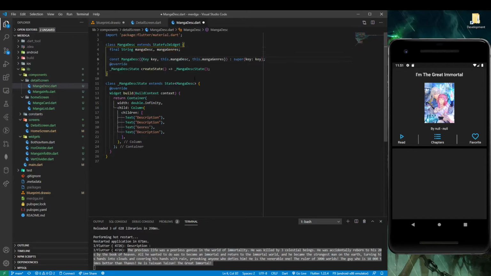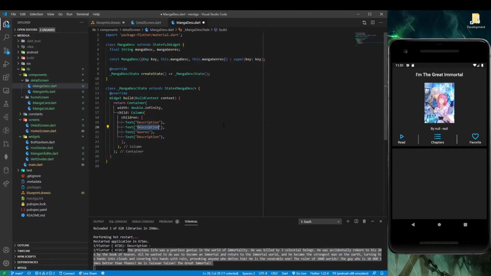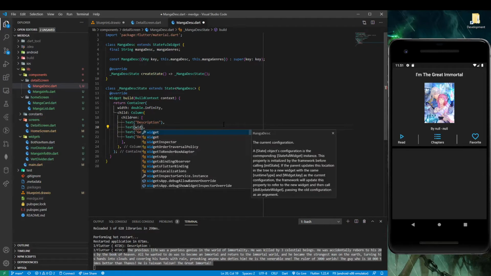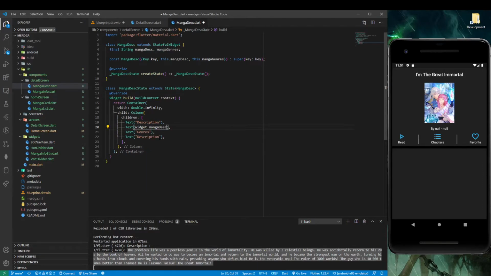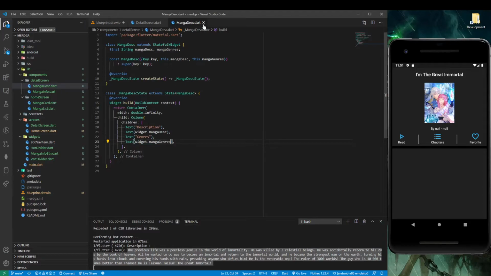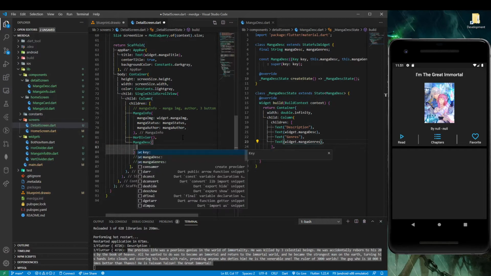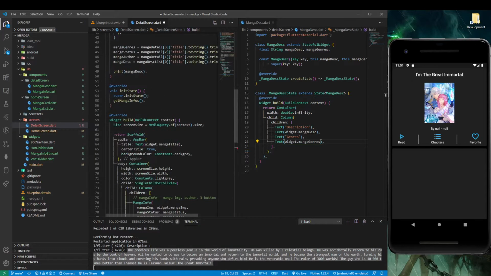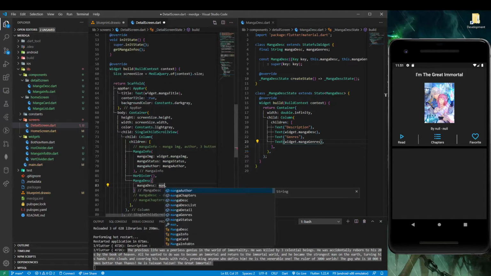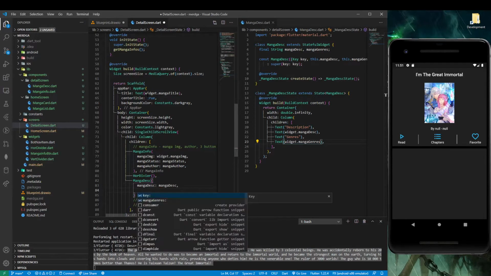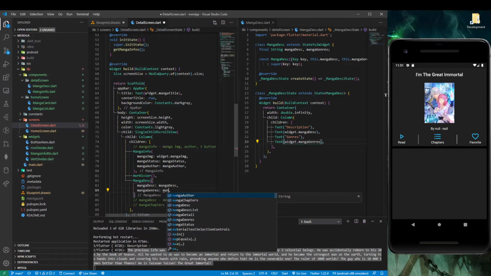and let me do the constructor. So this description, I'll just say widget dot manga description, widget dot manga genres, and this should be fine. So let's go here and let's type manga description. It's going to contain manga description, which is manga this. And one more is manga genres,